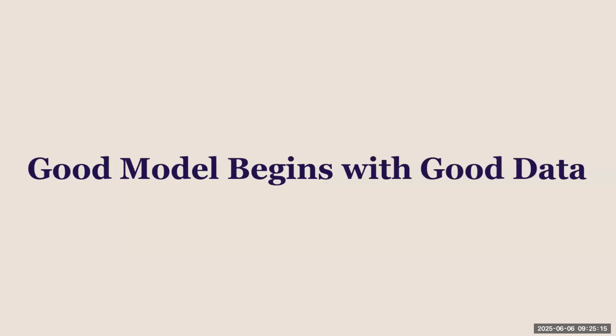So you talked about the model and the model results and the jump in the F1 score. What techniques did you use to make that possible? Yeah, so two things really made the big difference. The first one is data and the second one is prompts. I'm going to start with the data. We know that a good model begins with good data.